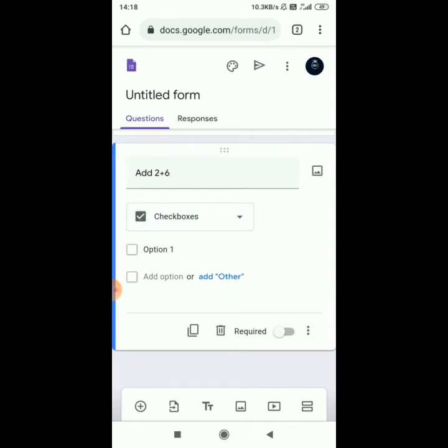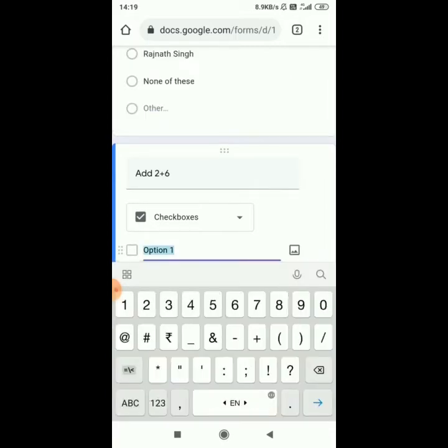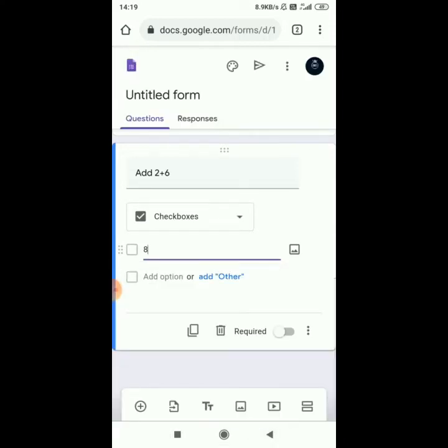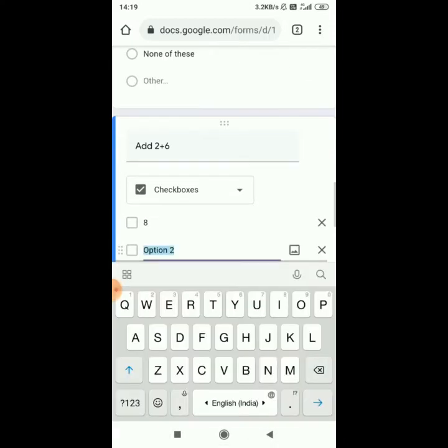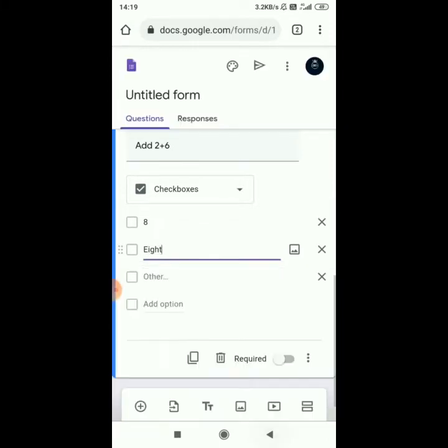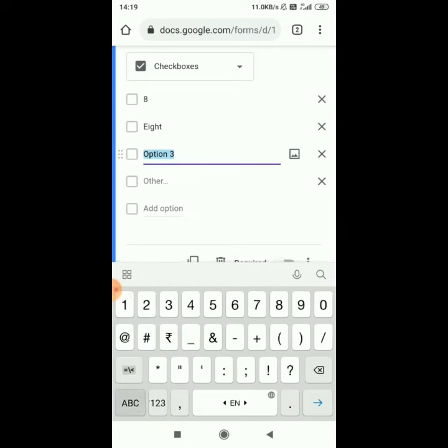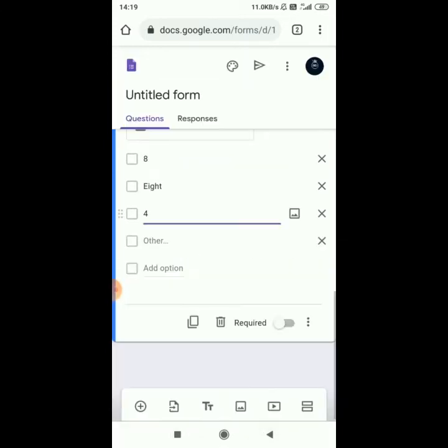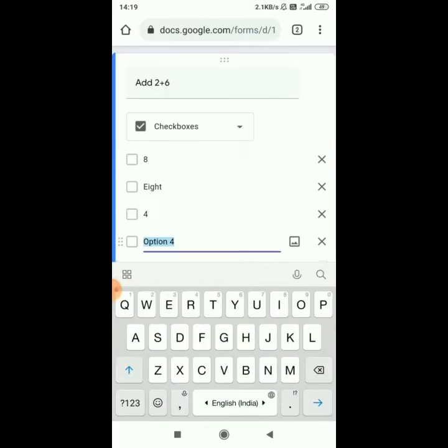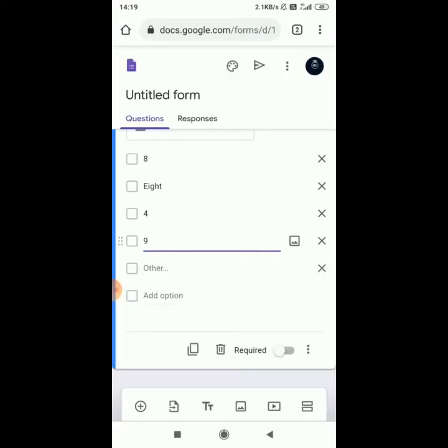It means if the question has 2 answers in multiple choice, we will enter the 4 options. We have entered them now, so turn on the required option here. Next we will move further.